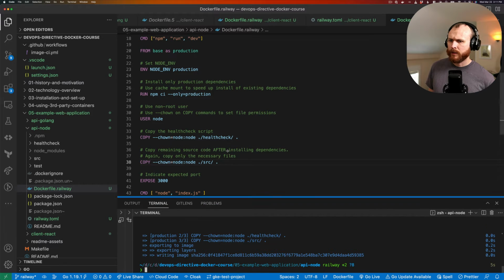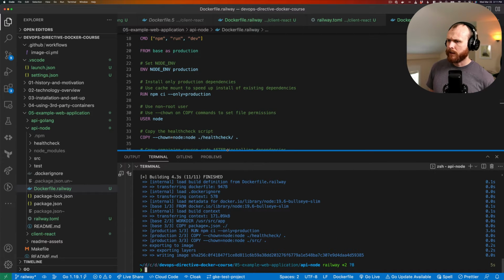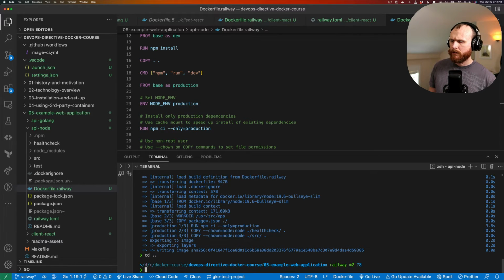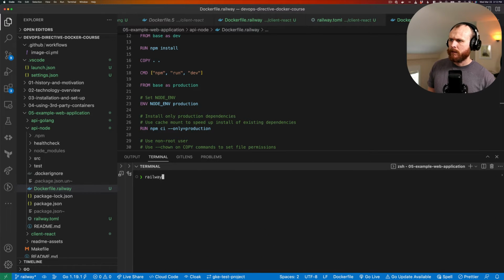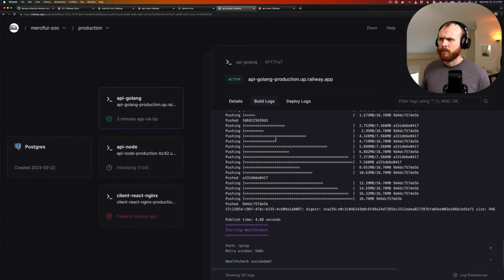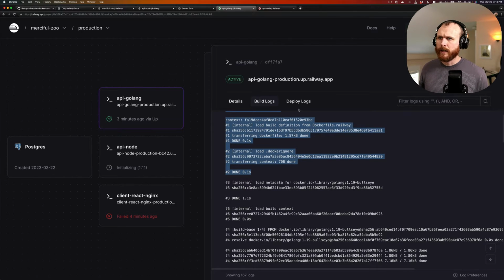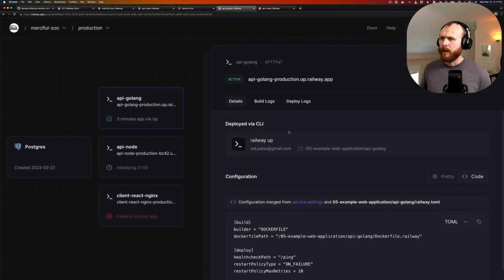So to debug, I'm just building it locally to make sure it works, and it does. And so why am I not getting... Let me try running it from the root of my project. Interesting. So here it detected the Docker file for the Golang application, deployed it, and